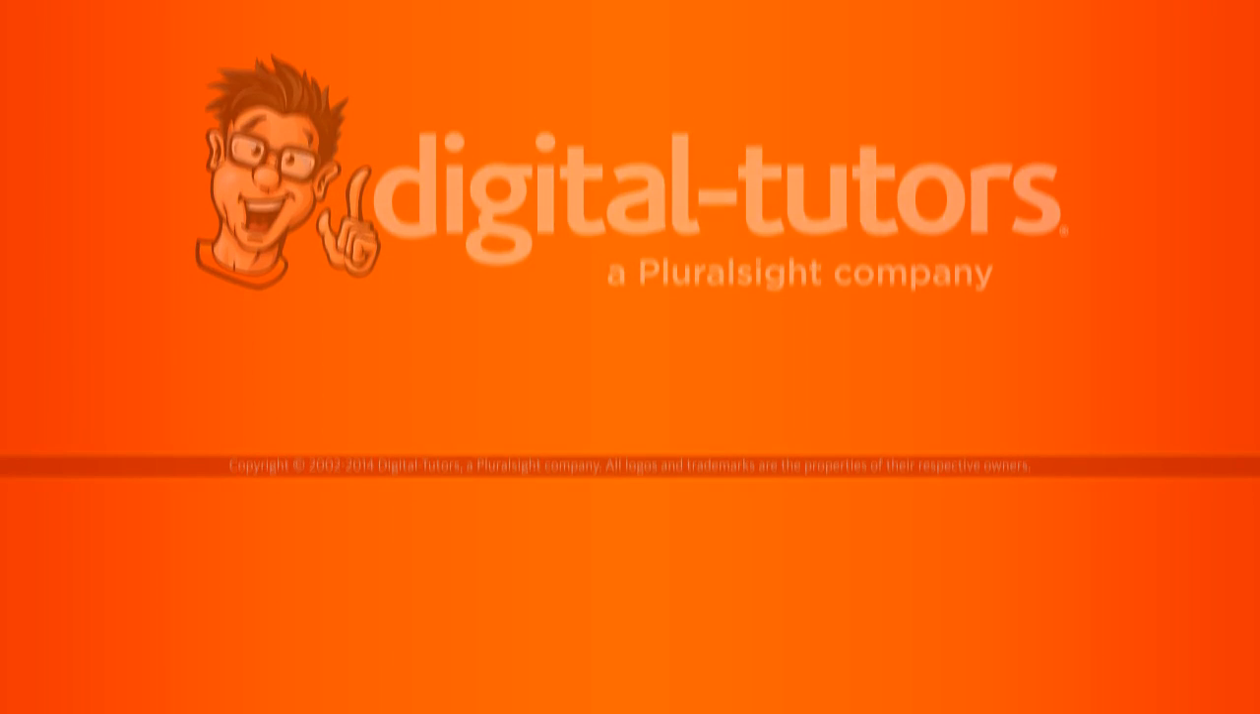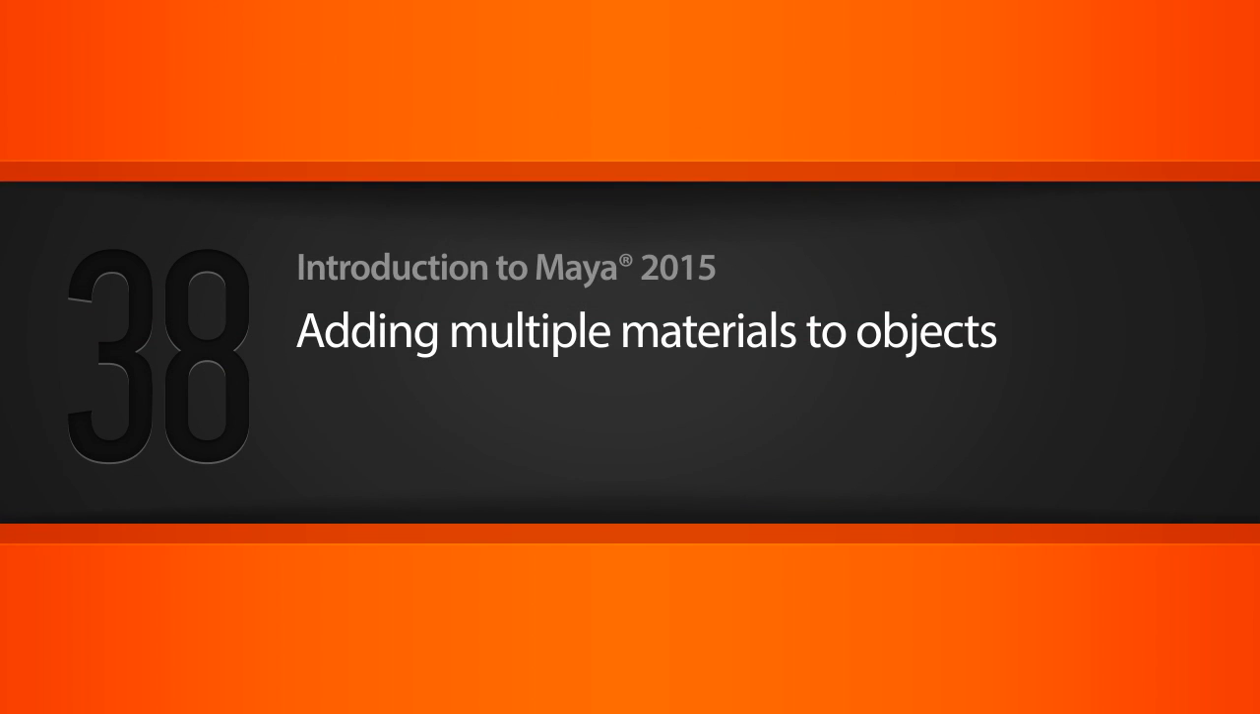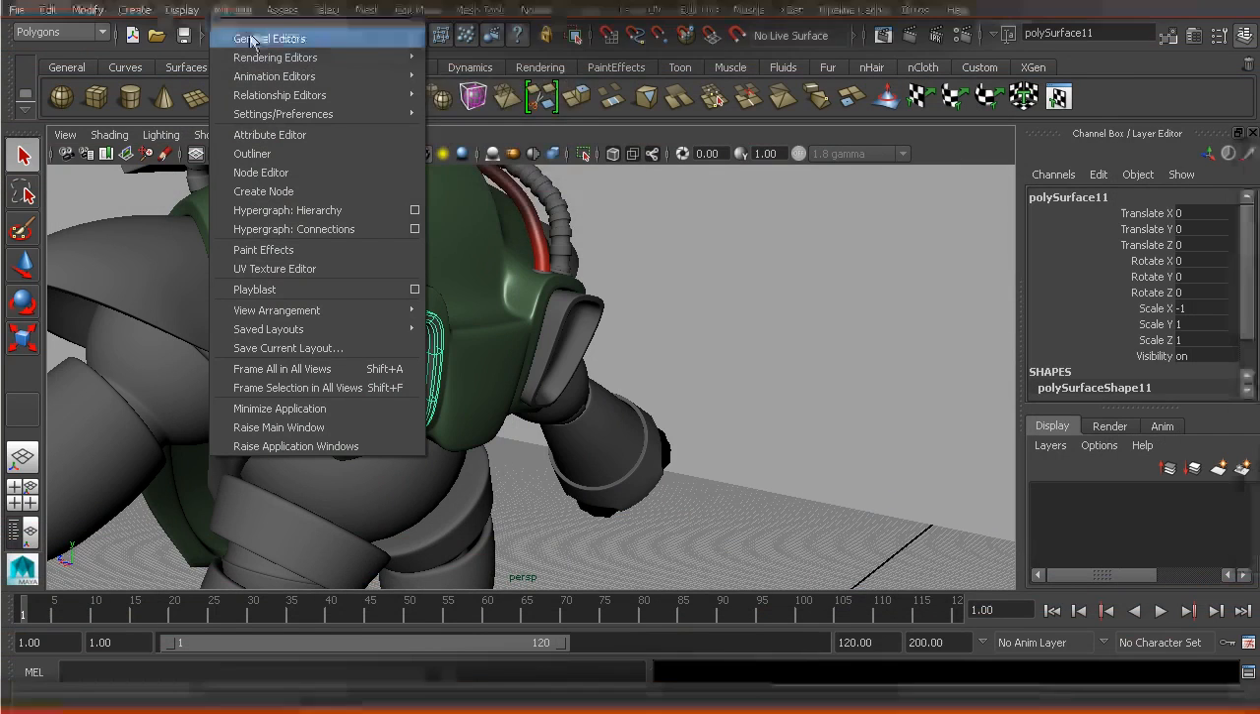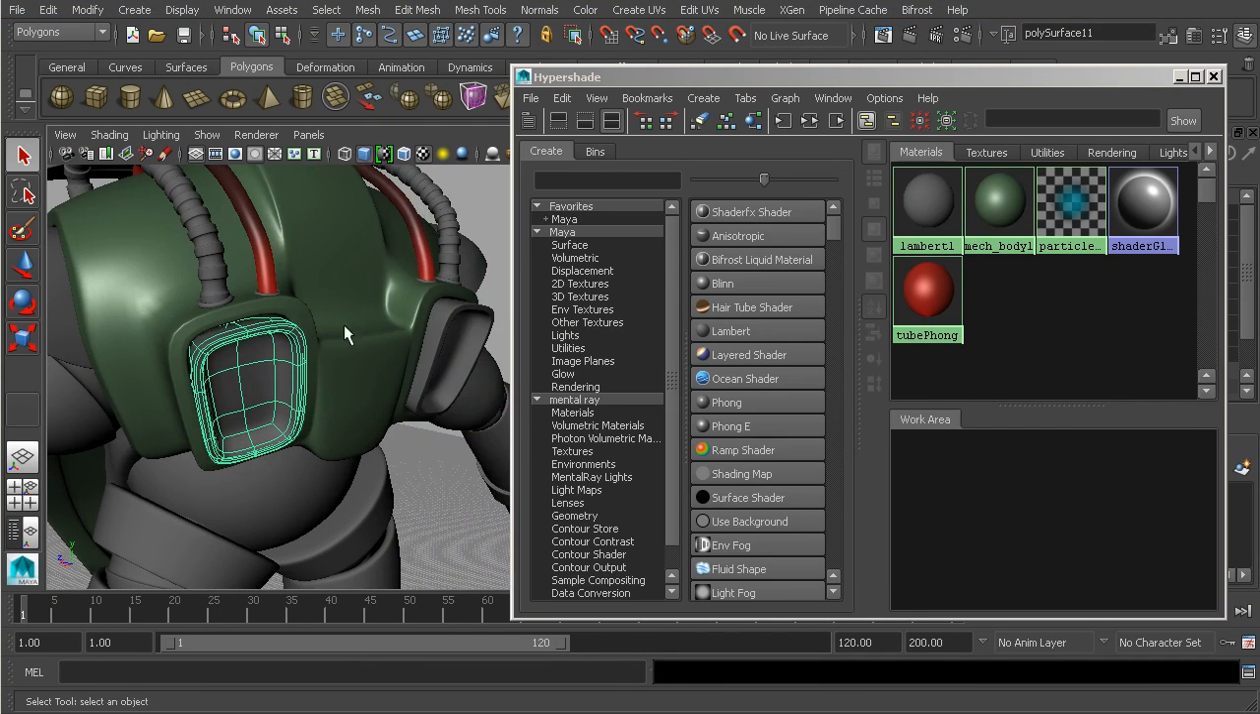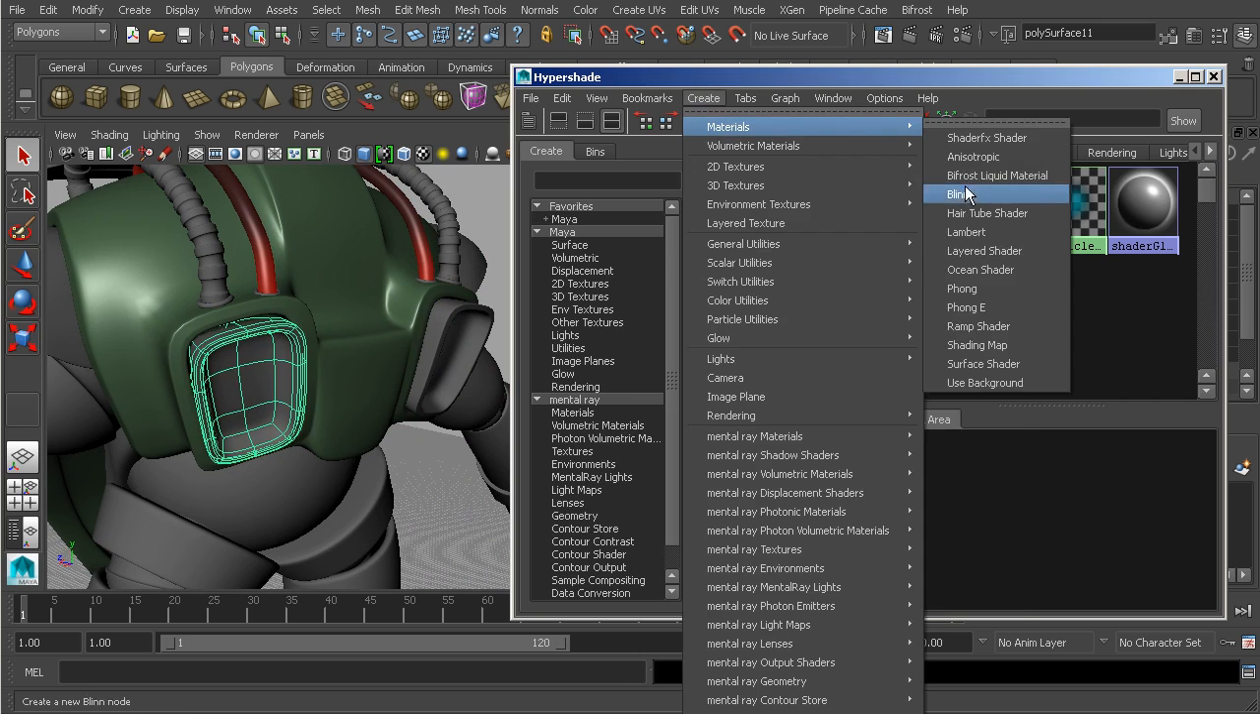Let's take a look at adding multiple materials to objects. So let's say on these thrusters back here, we want to come in and add a material to the thruster overall. So we can do that. We can create a new material. Let's create a blend,